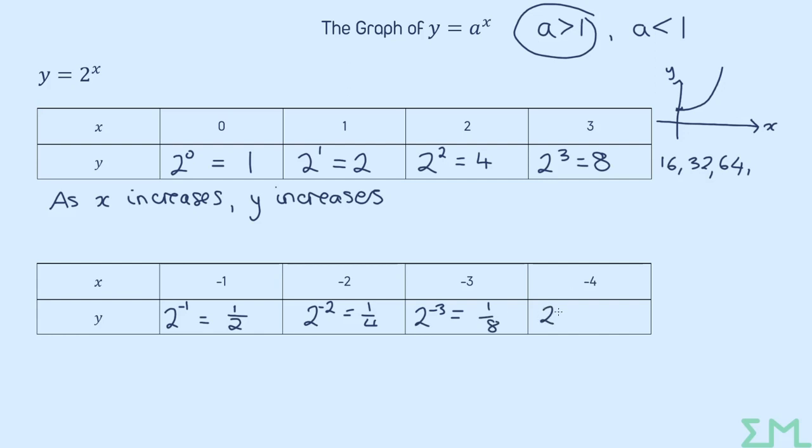So we can see what's happening here. We can see the pattern. 1 over 16 if it carried on, 1 over 32, 1 over 64. And these numbers are getting very small very quickly. Okay, so if we picture it,